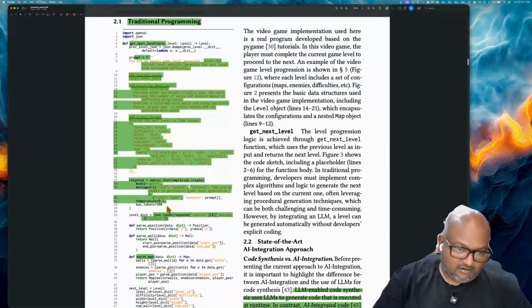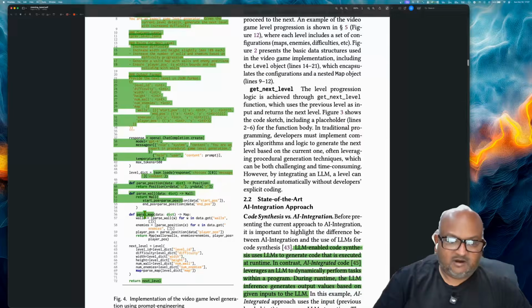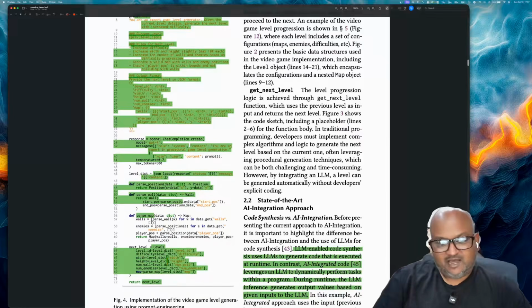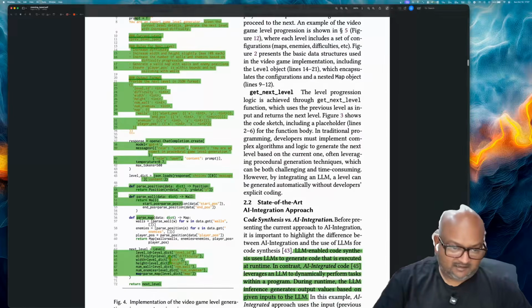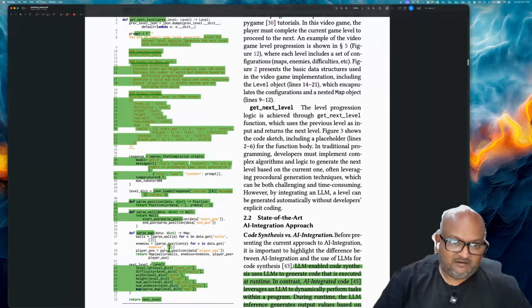You're going to then call the LLM, and then there's a ton of code over here to take the response from the LLM and parse it into a level struct, what you'd expect. And what they haven't shown over here is that you also have to deal with errors, because sometimes you might get parse errors and then you have to handle retries and so on. So this is a lot of manual work. This is the kind of thing that the authors want to fix.